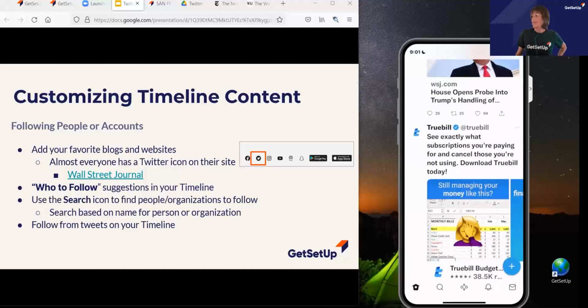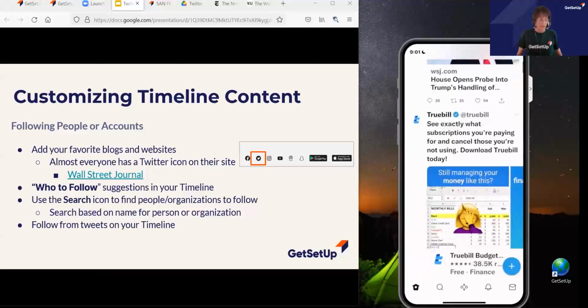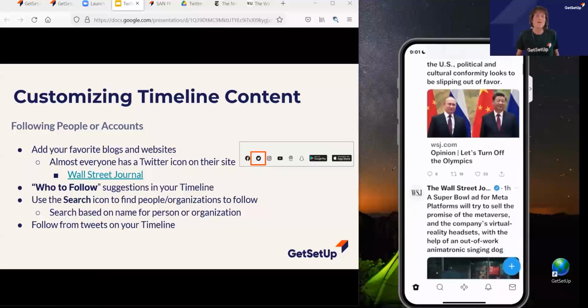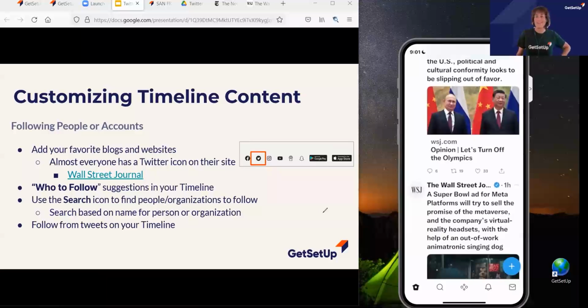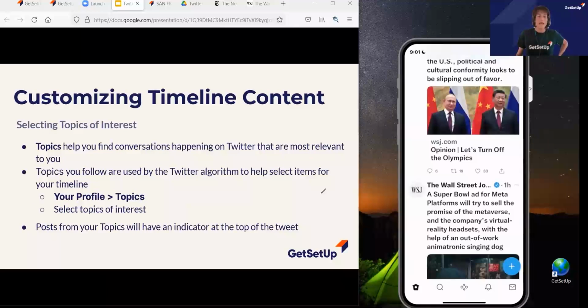So this is how we can start to customize what we see in our Twitter. It's also known as the feed, our Twitter feed. For those of you who maybe use Facebook, you may know the Facebook feed. So another way that you can customize what you see, in addition to searching for people and following people, you also can go up to, I'm just going to,